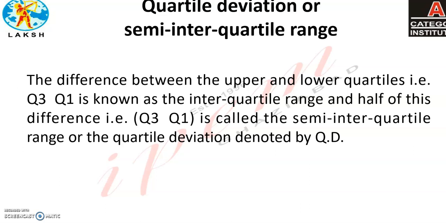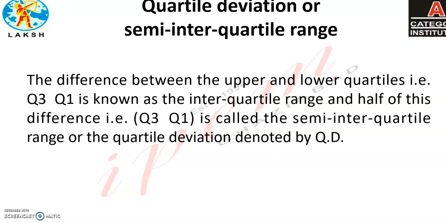Now, what can be the applications of range? Fluctuation in share prices, quality control, weather forecast, we use the range. For example, if we talk about the average rainfall, so we can see the range is the largest rain minus the minimum rain. So this is the range, that this year this much rain occurred, right?